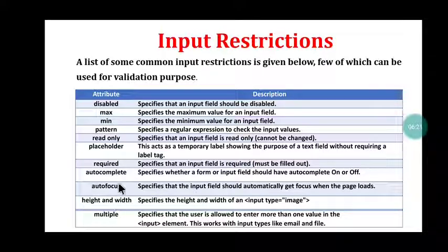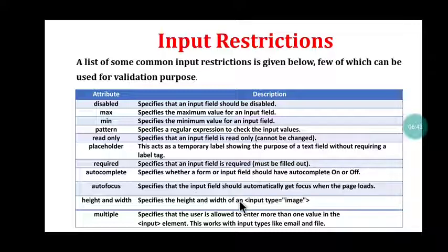The next attribute is the multiple attribute. Multiple says not one but more than one. Multiple specifies that the user is allowed to enter more than one value in the input tag elements, and this works with input types like email and file.